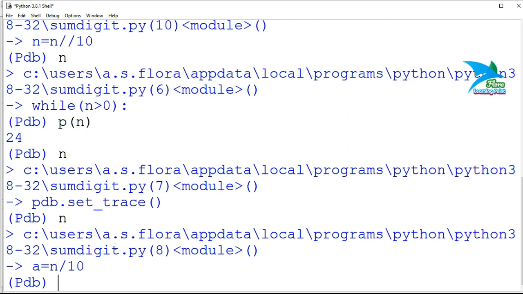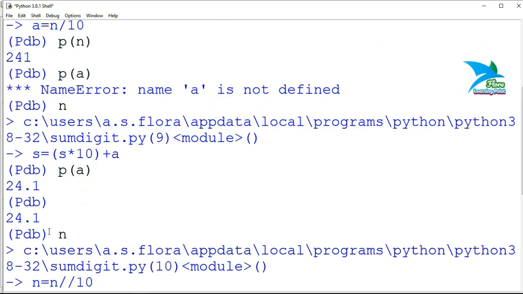and a is equal to a divided by n. So actually the problem here is that we need to place a remainder here. We need to place a mod operator here, that was the percentage symbol. Modulus operator we have to place here, so that we will be able to return the last digit. So that means this one is the logical error.